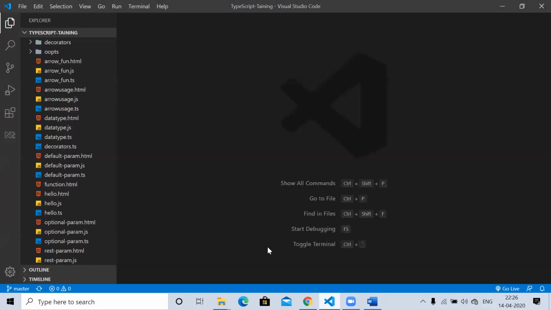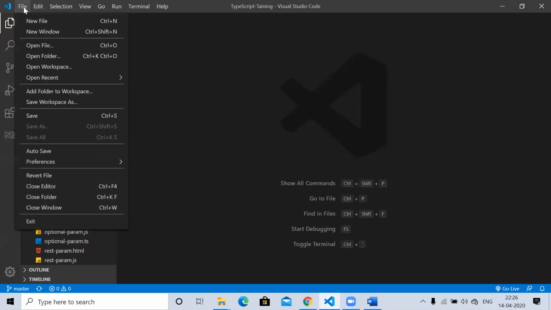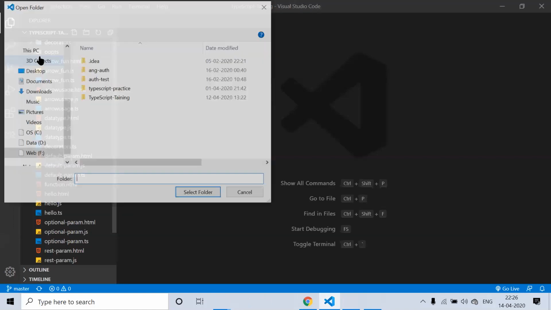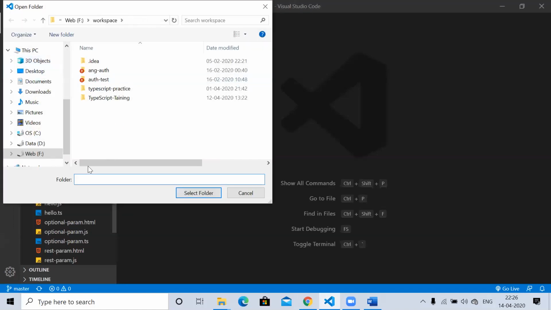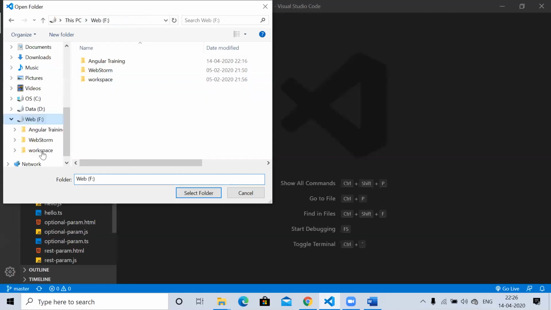After that, you need to open Visual Studio Code, and here when you click on File, you will get the option to open the folder. When you click on Open Folder, a wizard will come. Inside the wizard, go to the F drive where you have created it.